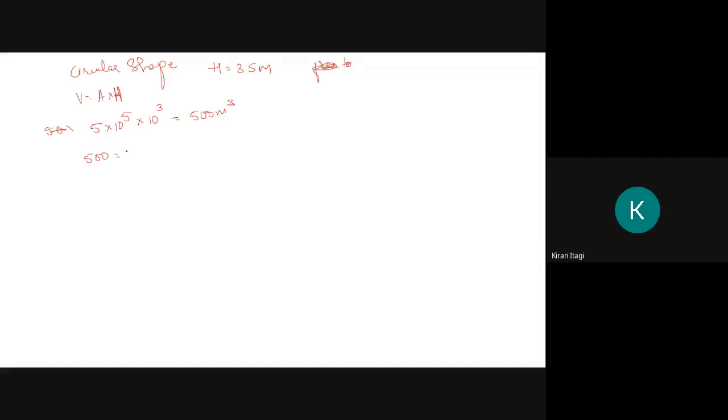Area, how much is it? We have to determine the area, that is pi d square by 4, multiplied by height, which is 3.5. Okay, on simplification we will get the diameter as 14.28, or we can say d equals 15 meter. Okay, here we have got the internal diameter of the tank as 15 meter. The next step, step 3, we have to determine the thickness of the wall.